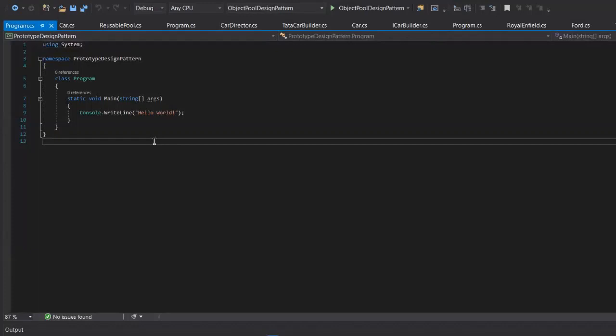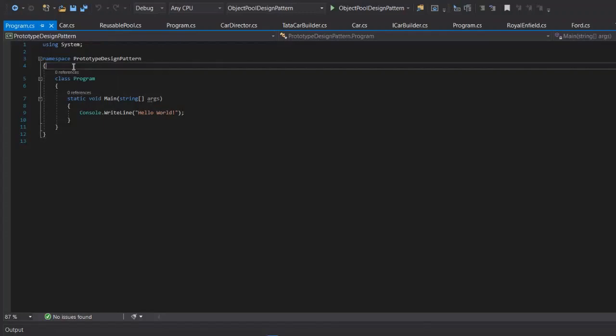Let's continue with our previous example of vehicles. This time, say we already have a prototype car, let's say a Tata car, and passing that Tata car through some kind of portal or wormhole, we can get multiple instances of that Tata car. Let's suppose that is a scenario, though it is not a real scenario in the actual world, but let's say we have that kind of portal, and passing that object through that portal will give us a new Tata car. And we can add some properties to modify it according to our needs. Client can modify it according to their need.